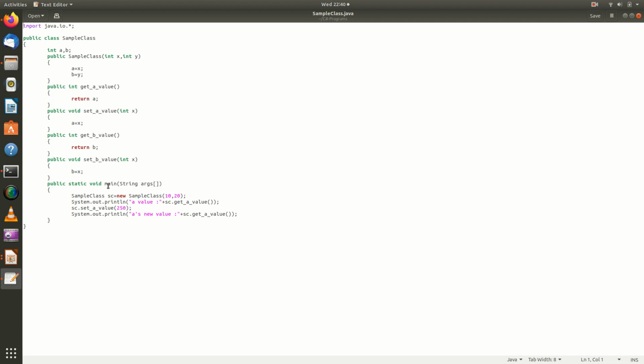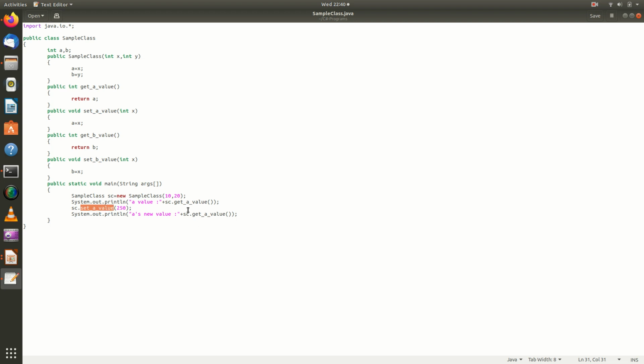And observe here in the main function, I am declaring a new variable using a new operator. I create an object and I pass values 10 and 20 to the variables A and B. And if I want to get the value of A, I invoke the get value method. And if I want to set a new value to A, I invoke a set value method.